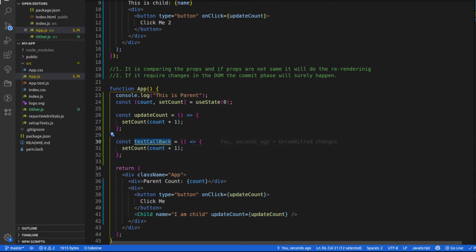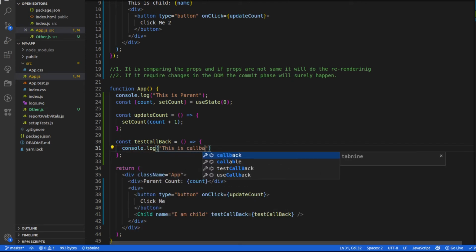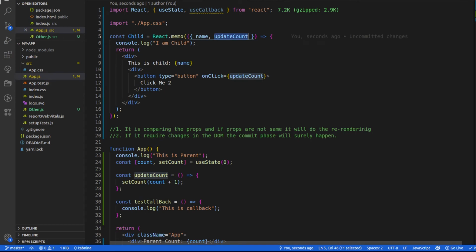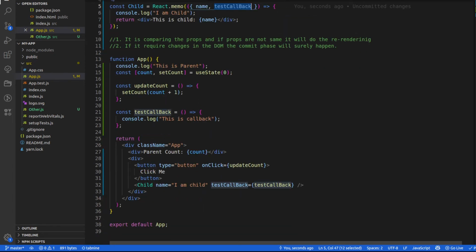Let's pass this test callback, and add console.log 'This is callback'. Let's remove the div. I'm not going to do anything else at this moment. You may see that my component is very small, but this component is using the test callback method.